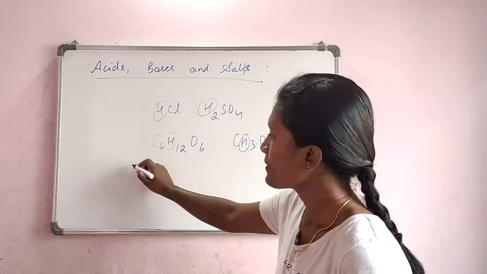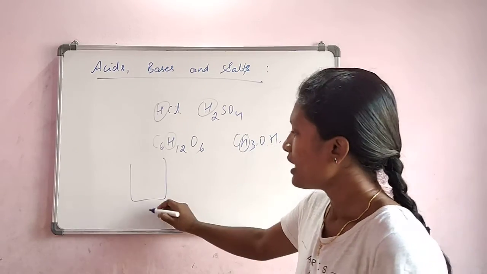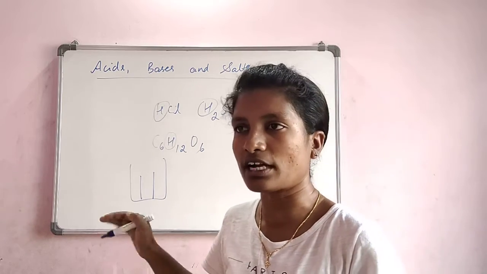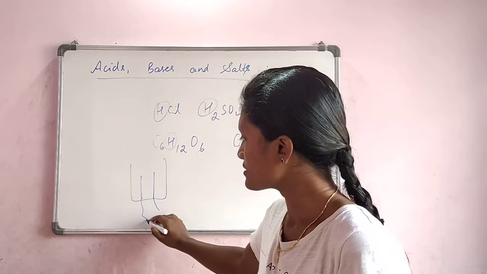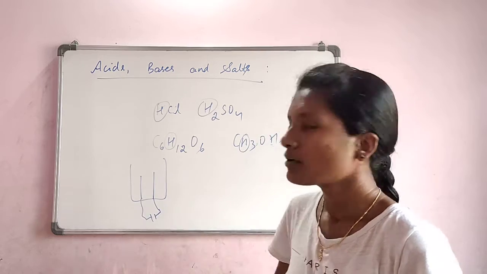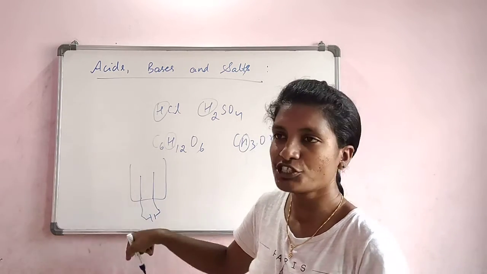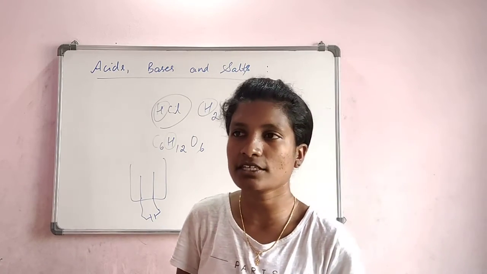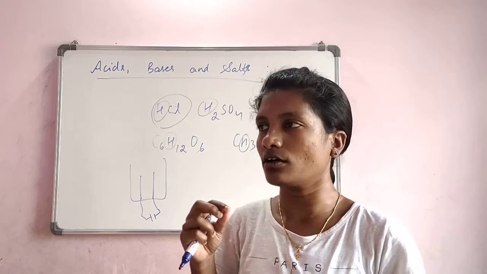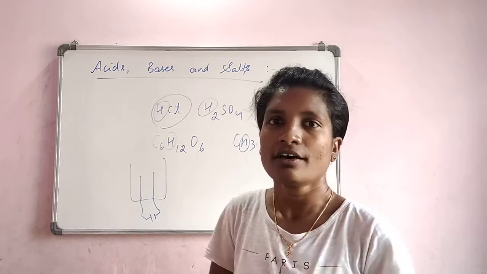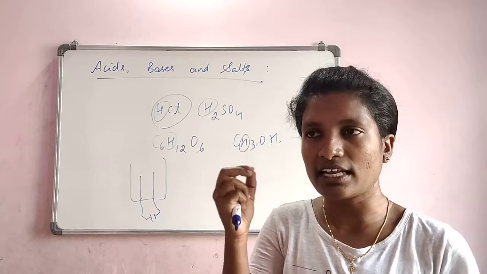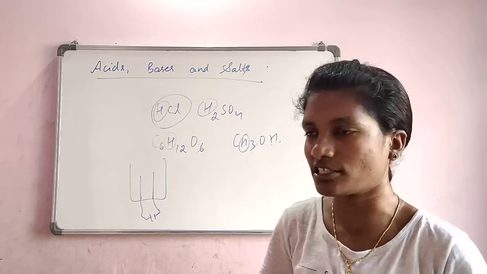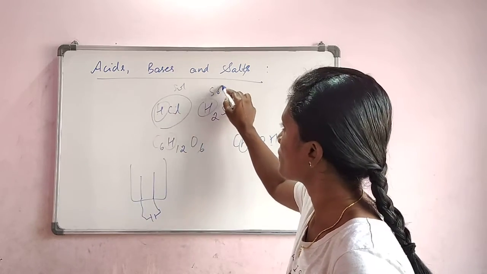Now let us conduct it. Take a beaker and two rods. The rods are iron rods which are capable of conducting electricity. Connect them to an external battery. Okay, now start adding each solution to that. First let us take HCl in solution state. Why solution state? Because solid or gaseous forms of these compounds will not conduct electricity, because electricity conduction needs ions. Ions help in carrying the charges. So we will take a solution of each compound.